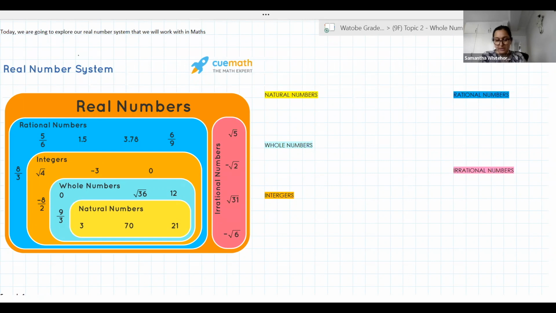Now, the real number system, you can almost imagine like measuring cups. If you have no idea what I'm talking about, I actually should have brought my measuring cups with me. It's those cups that sort of fit into each other. And so what I mean by that is, and I'll explain this as we go along, is that certain numbers can fall into multiple categories or multiple groups